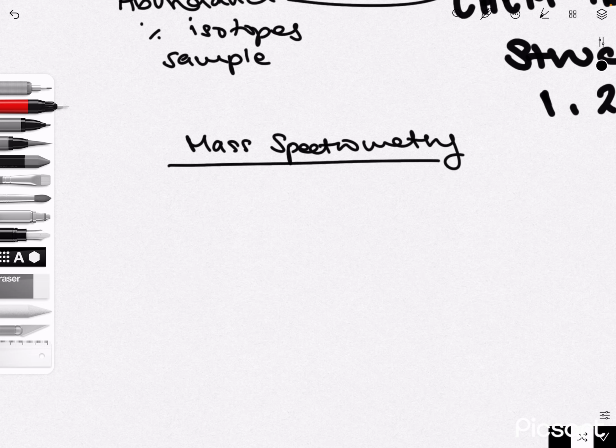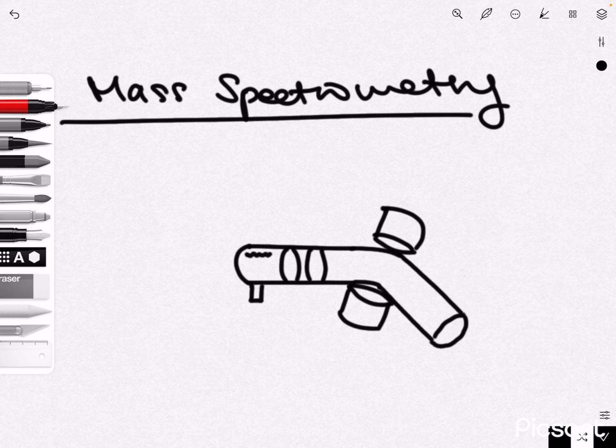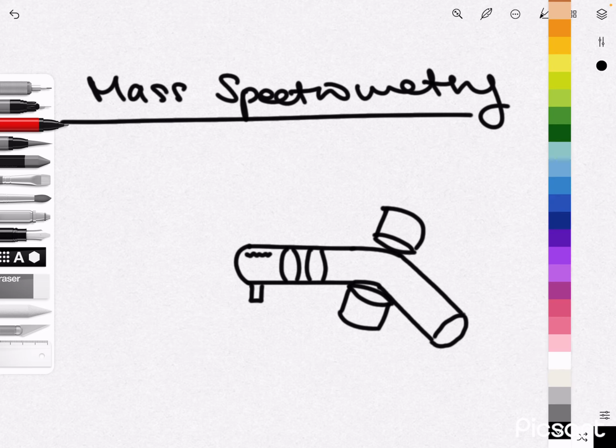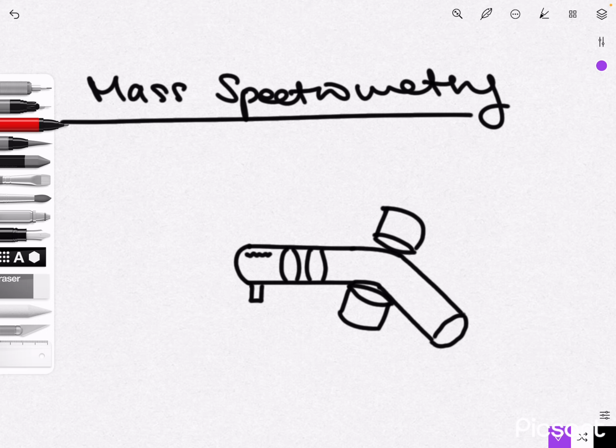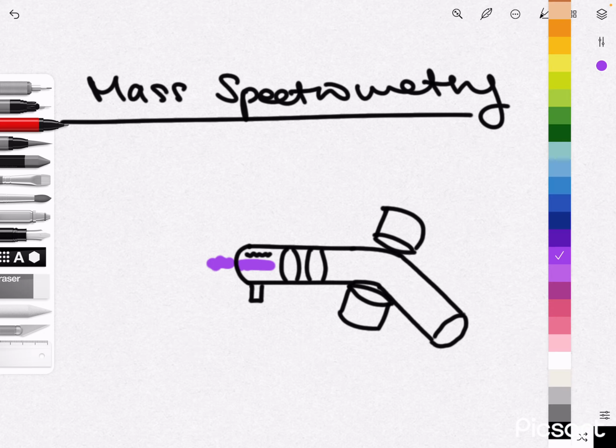So mass spectrometry, let me get a diagram so it's easier to understand. Your mass spectrometer will look a little something like this. How it works is that you will have a sample which you place over here on the left. This sample will enter the tube and a heater will vaporize it, turning it into a gas. And then an electron beam source will fire an electron spray at the gas sample, ionizing all the atoms and